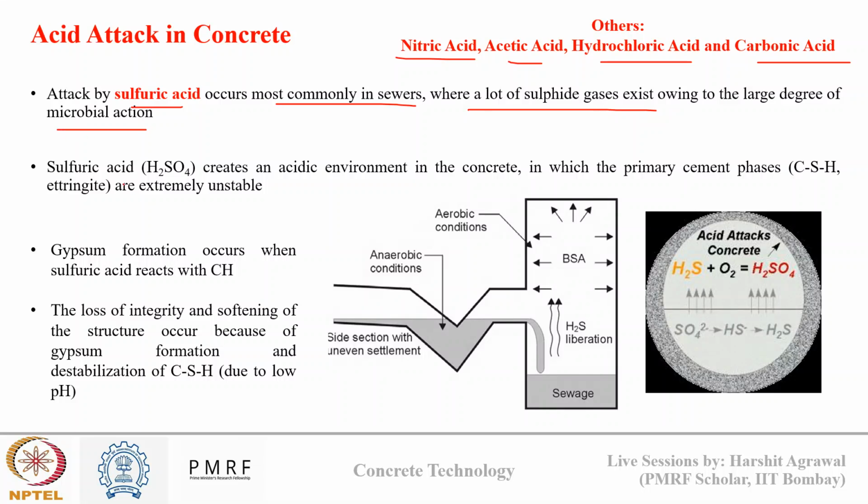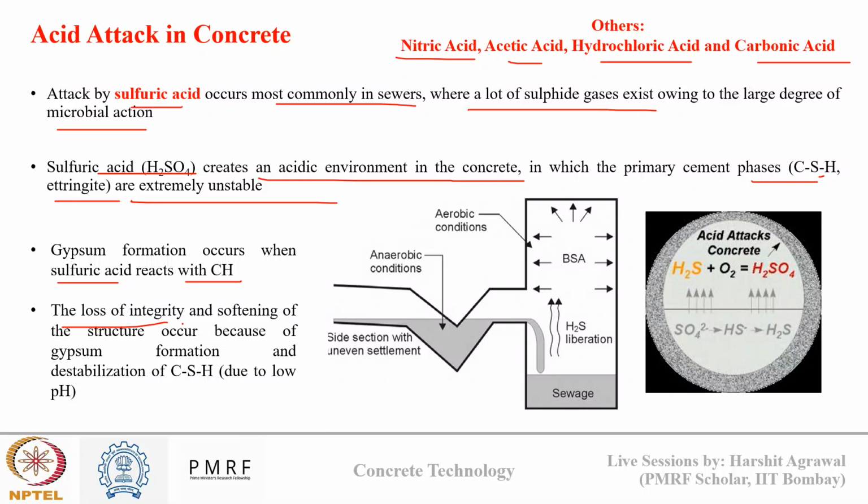So what sulfuric acid does is create an acidic environment in concrete, in which the primary cement hydration phases like CSH and ettringite become highly unstable. Once they become unstable, the concrete loses its binding ability and thus softening of concrete occurs. Okay. So gypsum formation occurs when sulfuric acid reacts with CH, and thus